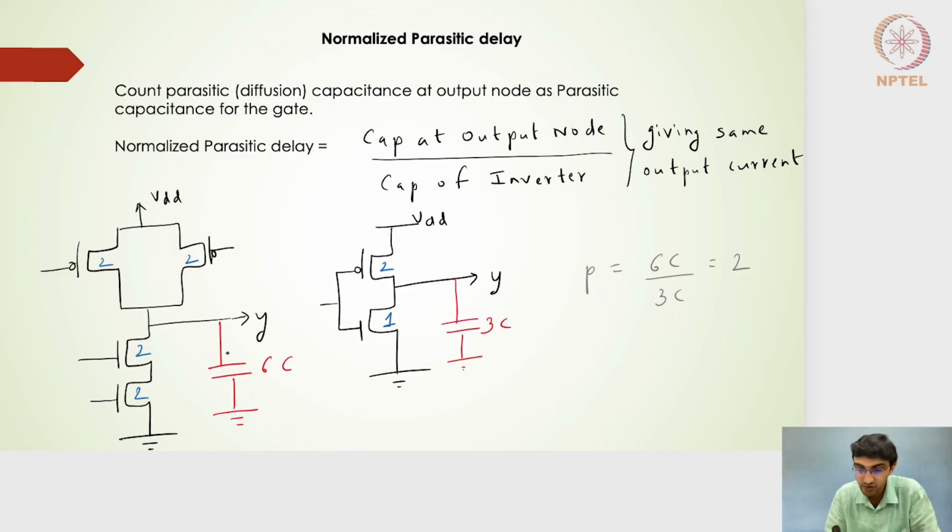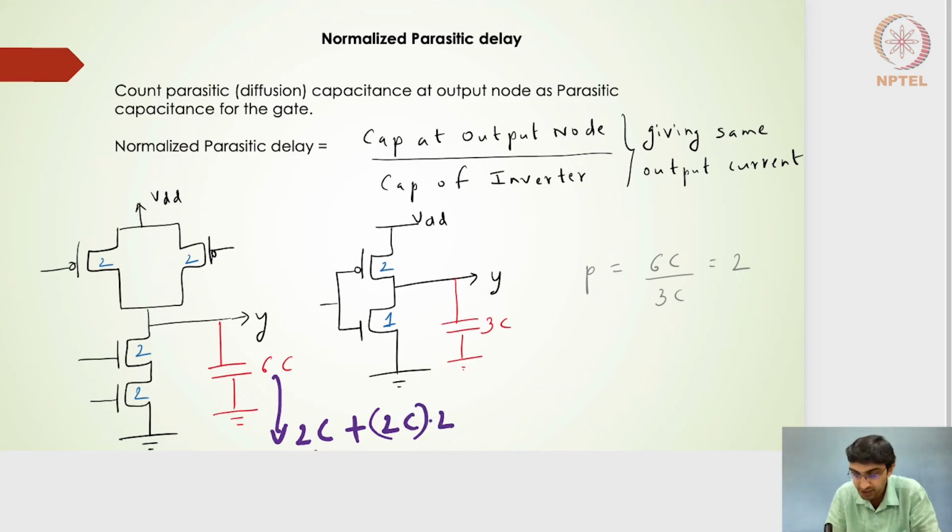We will see a capacitance of 6C here, coming from 2C on the NMOS side, plus there are 2 PMOS transistors which are parallel, so I will get 2C into 2,